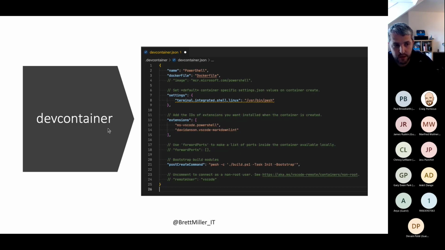So in this one particularly, it's going to be installing the PowerShell extension and then the Markdown lint extension. And then you've got other things in there. So you've got forward ports so that you can expose ports from the container to the outside world. I'll not go into that in too much detail, but it's generally what you'll find in a container image or a dev container: there'll already be something in there if it needs to expose ports. So if you're building a web application, it'll expose a port so you can access the application on a local